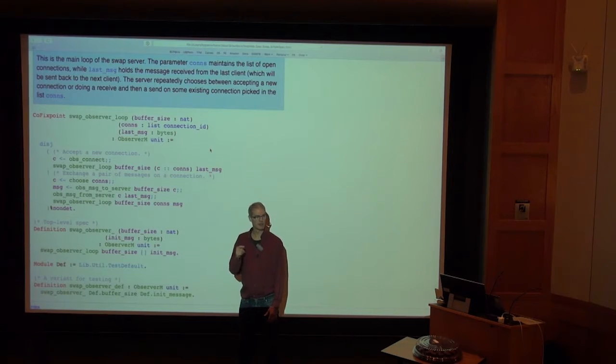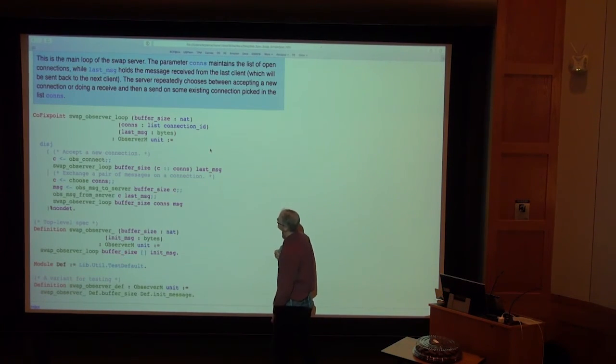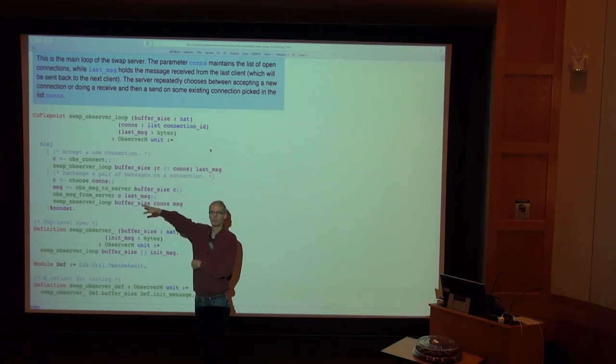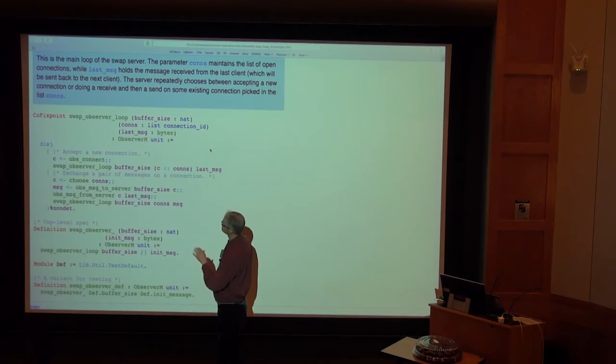So that's what the first client is going to get back. And the guts of the server are this swap observer loop. Now, I'm going to come back to defining many of the words that we see here. Almost none of the details is going to make perfect sense, but just to get a sense of what the spec looks like.